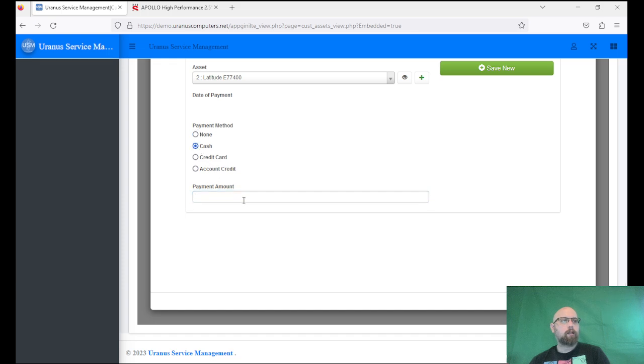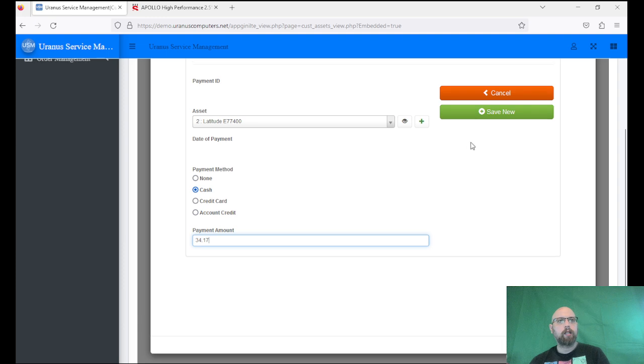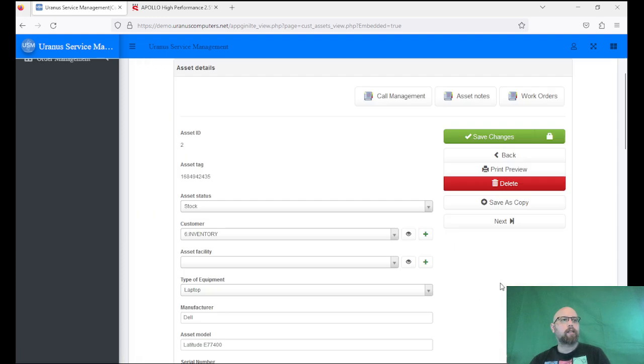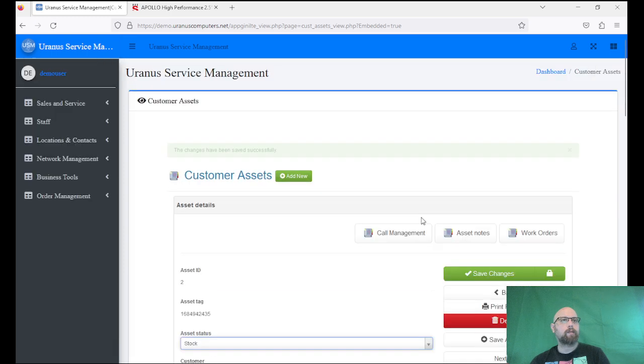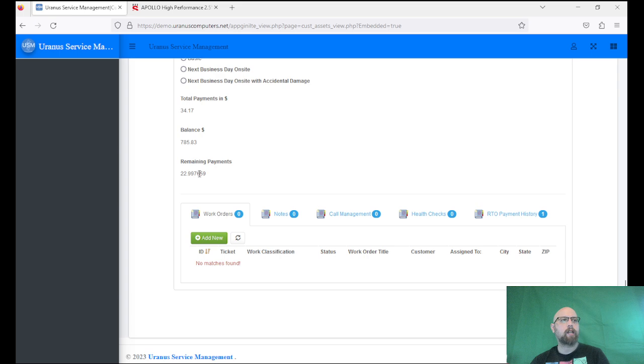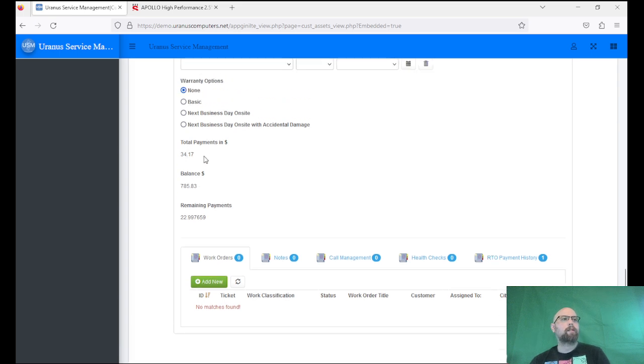and we'll just assume cash, 34.17. We hit save. We wait a second. That box goes away. We hit save changes because we want it to recalculate everything. So now total payments in is she's paid her 34.17, and this doesn't necessarily track due dates automatically